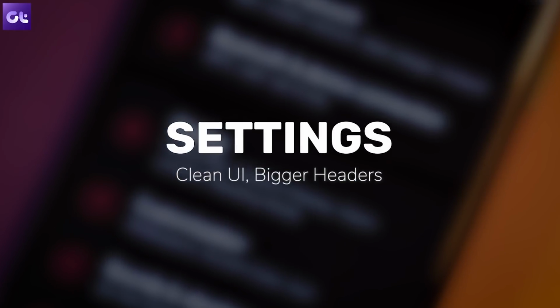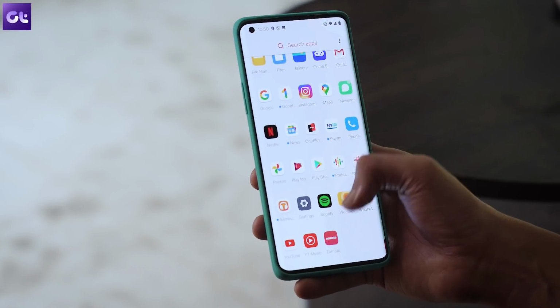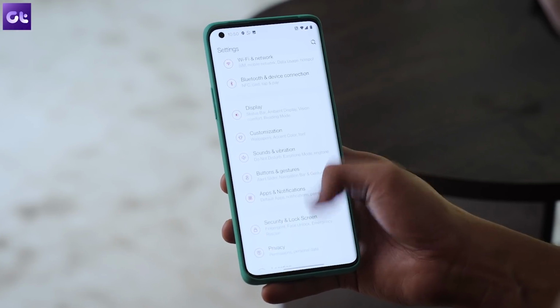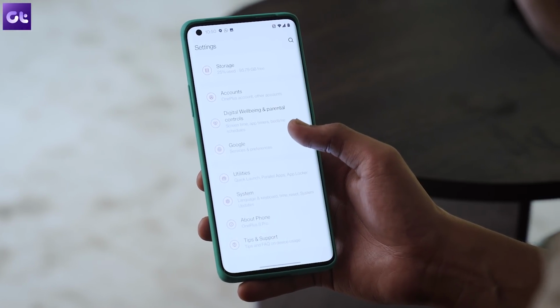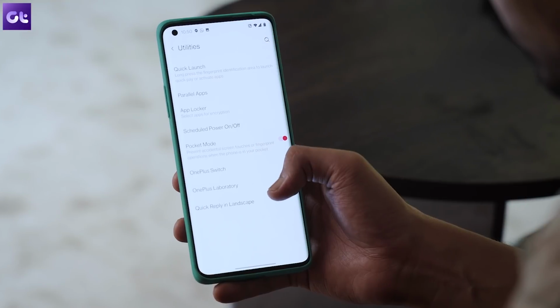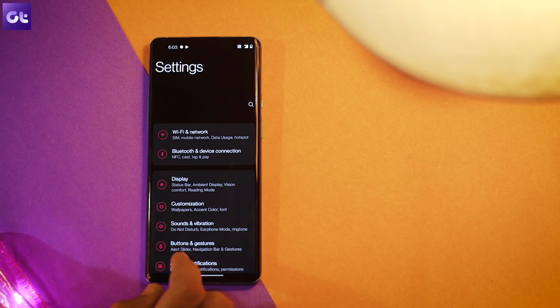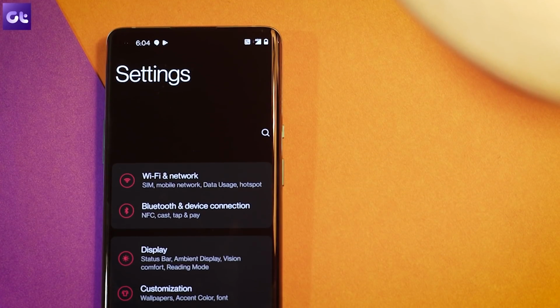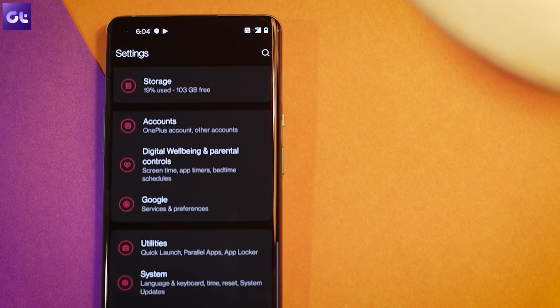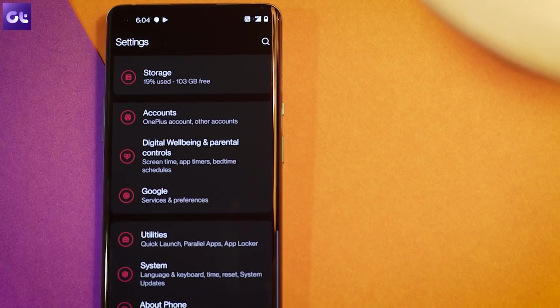Now moving on to the settings page, you have a very nice visual overhaul. Once again, it's molded for one-handed usage and different sections are divided with the help of different color schemes. You have a white on light grey setting for when in light mode and a light grey on black setting for when the dark mode is enabled. The icons also have a bolder accent with a circle around them, which definitely makes things easier to identify.